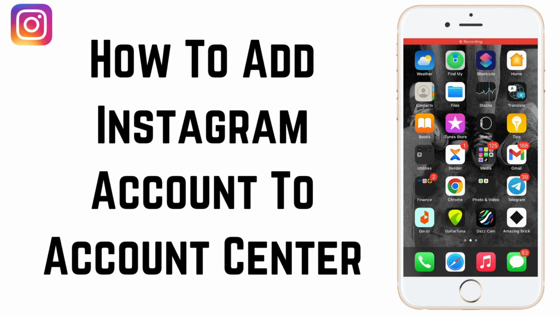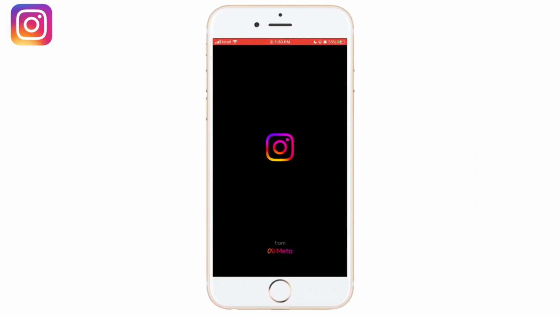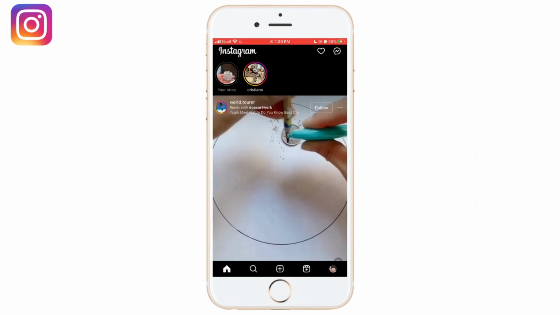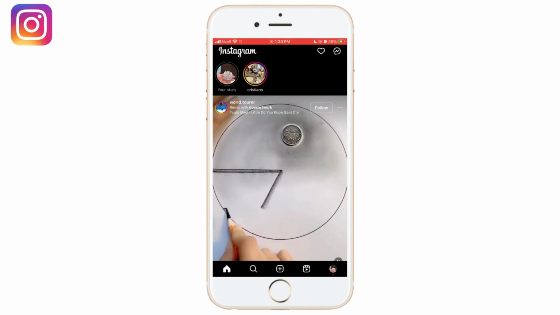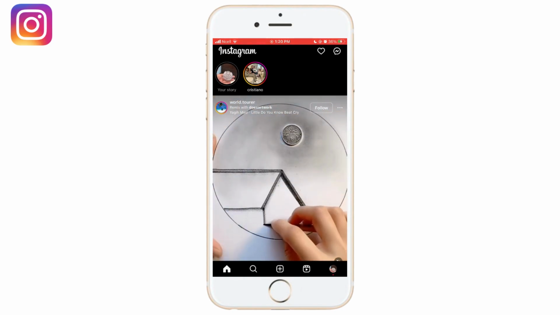If you don't know how to add Instagram account to Account Center, follow my steps. Open your Instagram app, make sure you are logged into it. You also need to make sure that you are logged in to another account that you want to add in